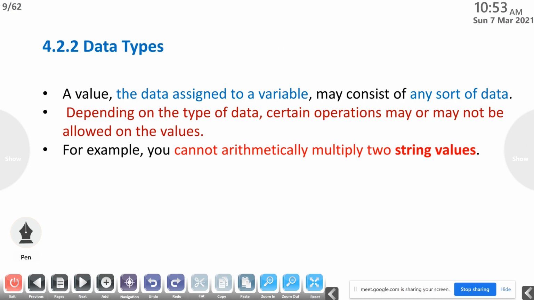The next one, data types. A value, the data assigned to a variable, may consist of any sort of data.